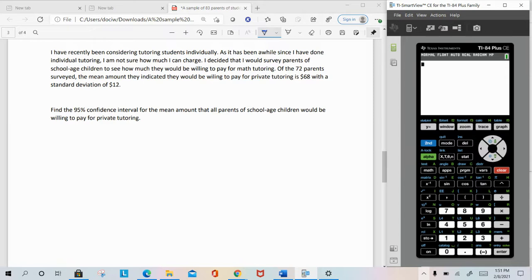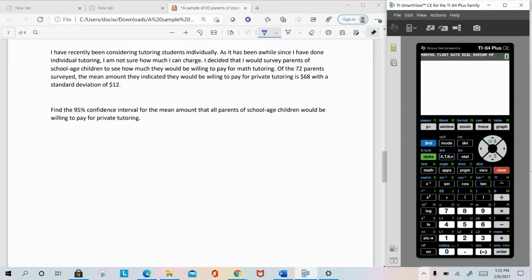I have recently been considering tutoring students individually. As it's been a while since I've done individual tutoring, I'm not sure how much I can charge. I decided that I would survey parents of school-age children to see how much they'd be willing to pay for math tutoring. Of the 72 parents surveyed, the mean amount that they indicated they would be willing to pay for private tutoring is $68 an hour with a standard deviation of 12. Find the 95% confidence interval for the mean amount that all parents of school-age children would be willing to pay